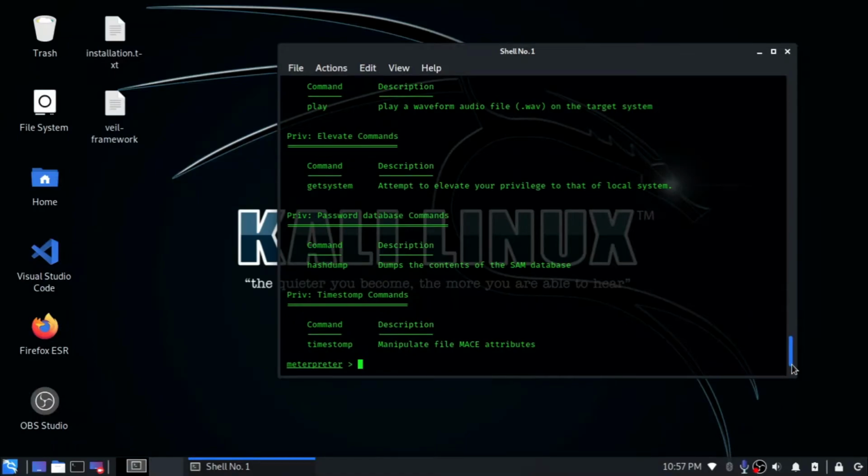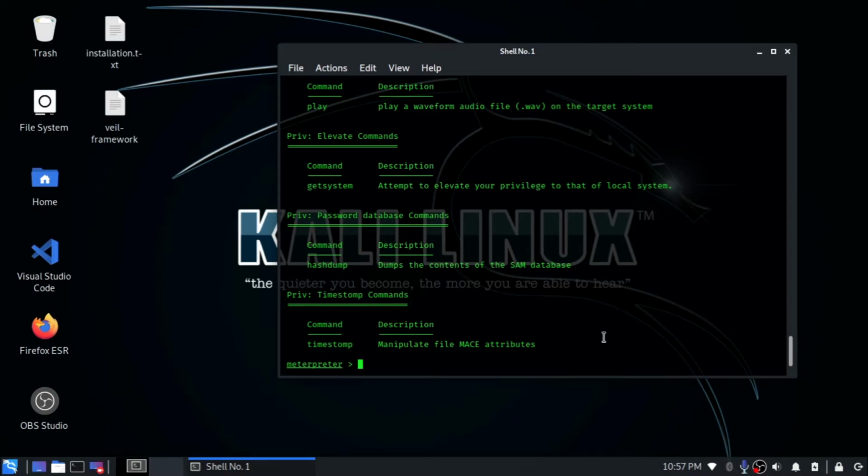There is another command called ps. This command will list all the processes which are running on that system. There is also another command for key logging, or capturing the keystrokes of the system. There are basically 3 commands for that. The first command is called keyscan_start. This will start capturing the keystrokes of that system as soon as we hit enter.